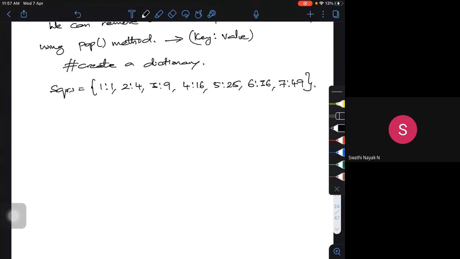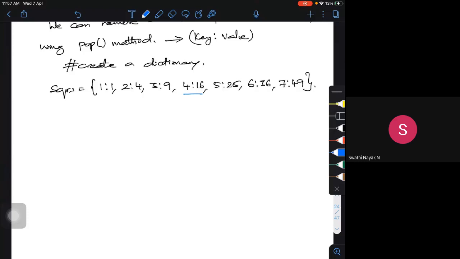I want to remove a particular item. Say I want to remove this item, let me mark it. What is that? 4. So if I want to do that, what should I do? Only the 16.